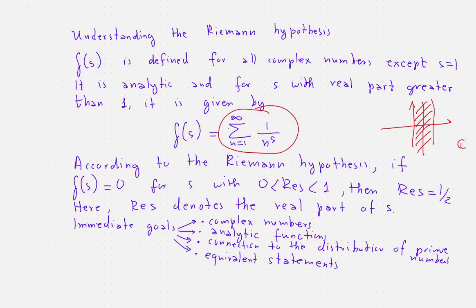And we will also try to understand some statements that are equivalent to the Riemann hypothesis. So overall, we want to complete this project with a good understanding of what the Riemann hypothesis is all about, what the current state of the attempts to prove the Riemann hypothesis is, or who knows, possibly to disprove it, even though most people seem to believe that it's true, and appreciate its importance in mathematics. And that's all for now.